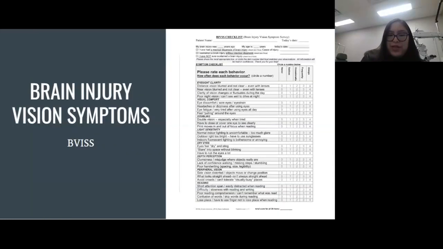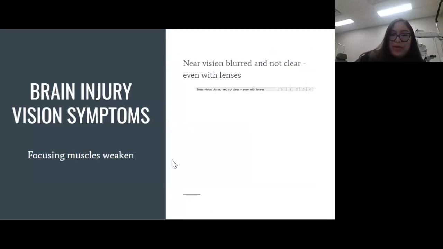That's where this brain injury vision symptoms checklist comes in. So if any of you have experienced going to the doctor's office, having all these horrible things happening in your day-to-day where they're just not like what they used to be, and you can't really describe it, a vision symptom checklist like this can try to help you put it into words. So we try to look at this to see how a brain injury is affecting your vision. We'll look through some of the symptoms together and what they mean. And if any of these resonate with you, I encourage you to sit down with this full checklist yourself. I know those little words are teeny tiny, so I'm going to blow them up right here as we go